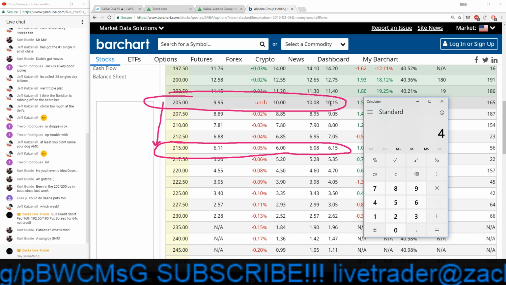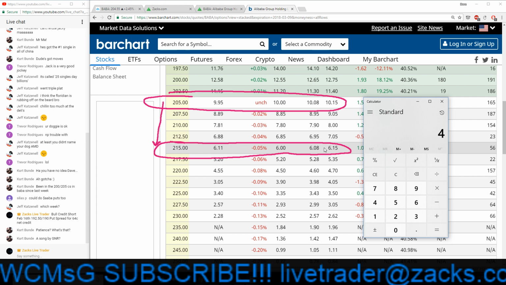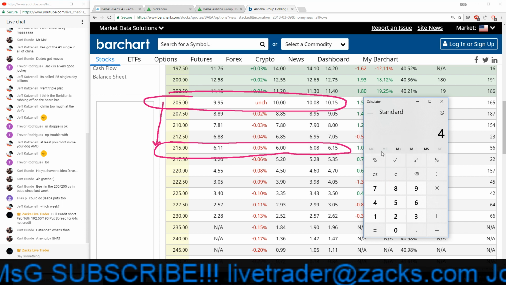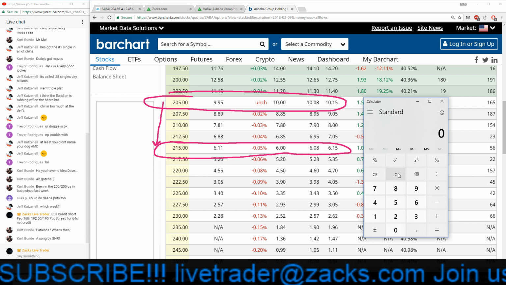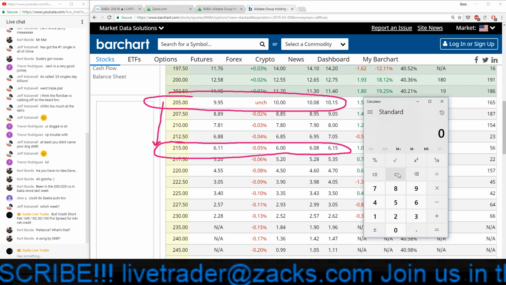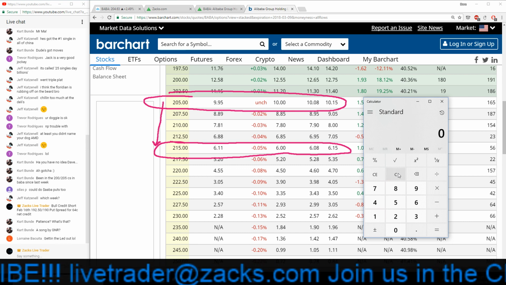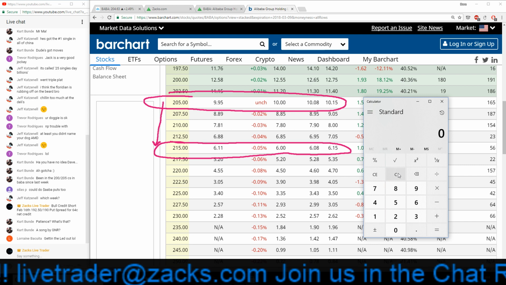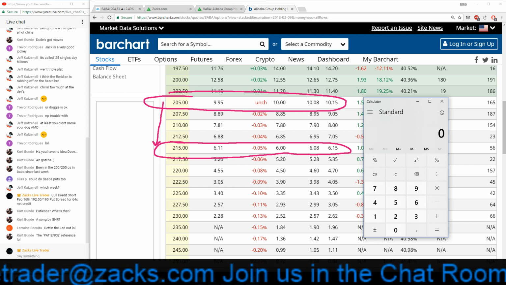Buying the 205 is $10.08, selling the 215 is $6.08, $4. Only here the difference in the strike prices is $10. So you're going to make 150% on this. You have the potential to make 150%. But notice how